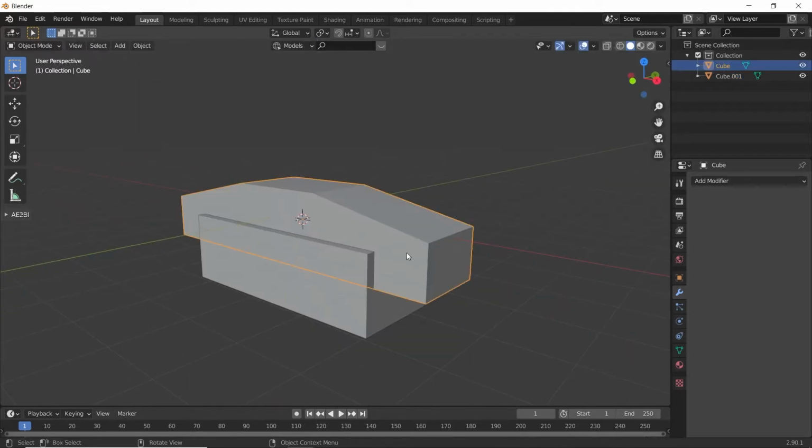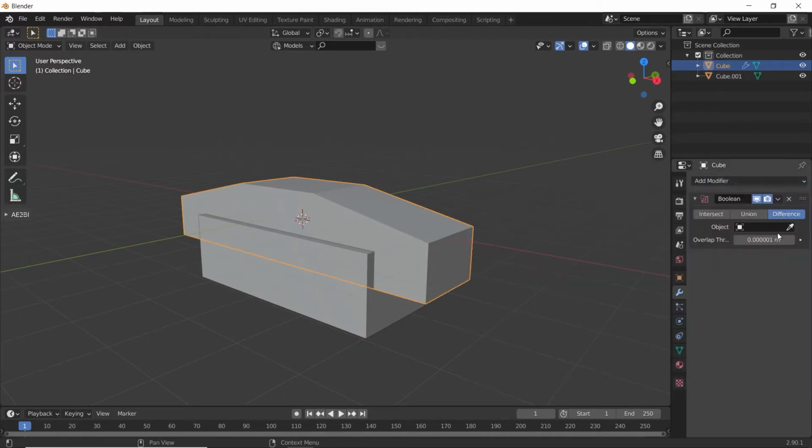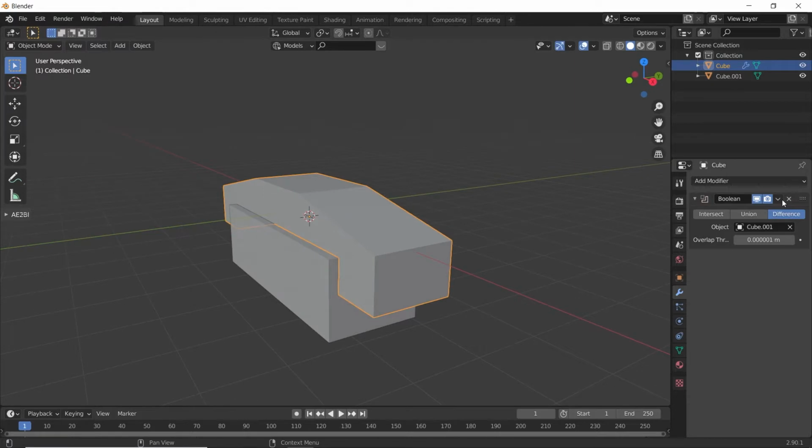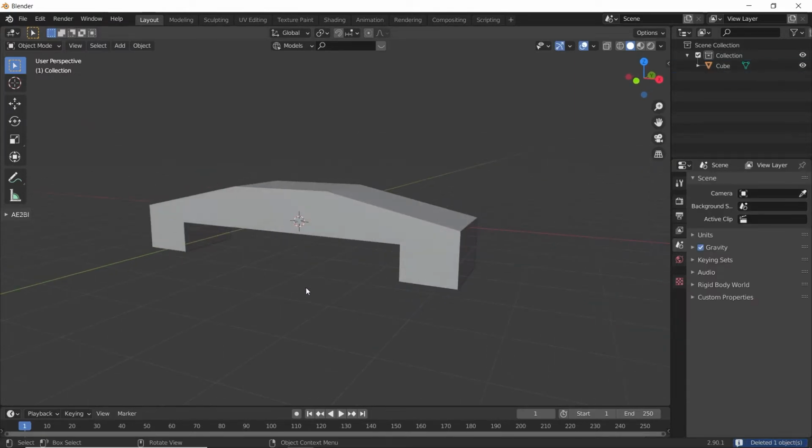I'm going to cut this cube with the help of this cube using Boolean modifier. So select this cube, go to modifiers, Boolean, and make sure you are in the difference mode and select this object and apply it. You can delete this object as well.